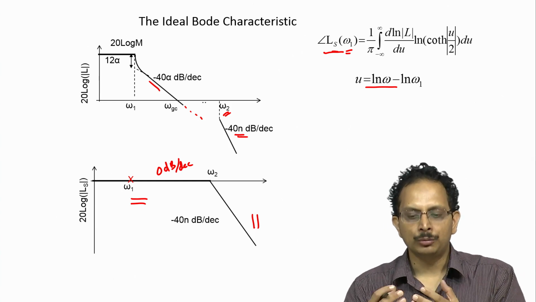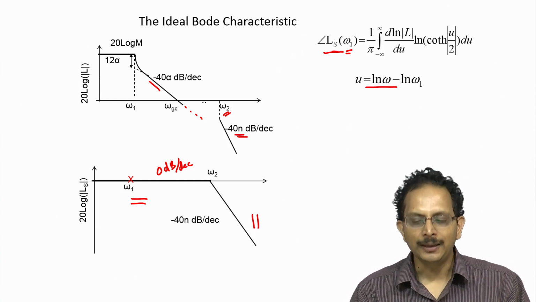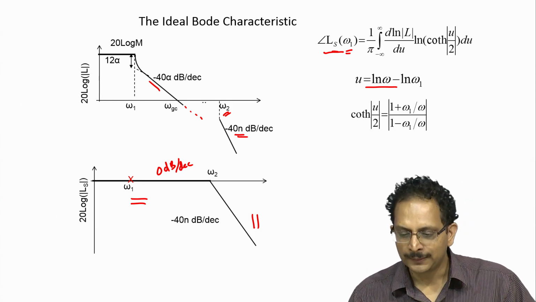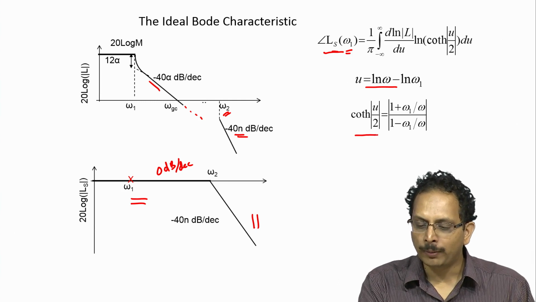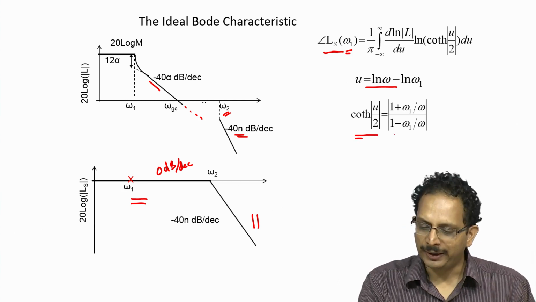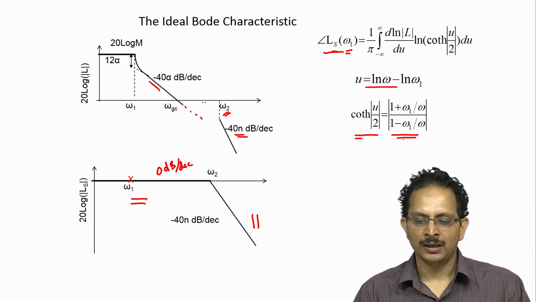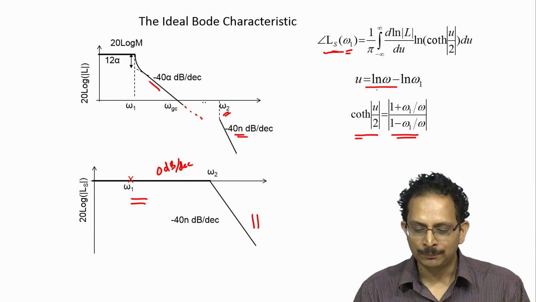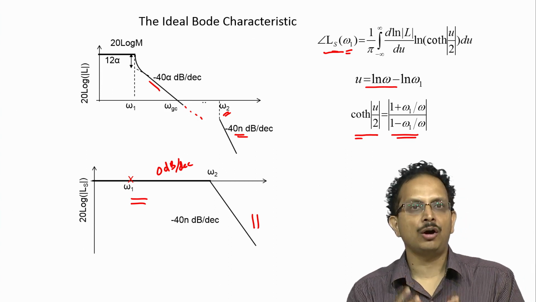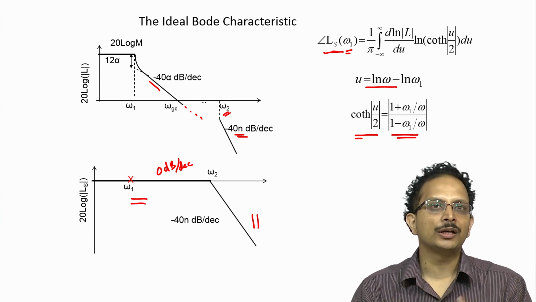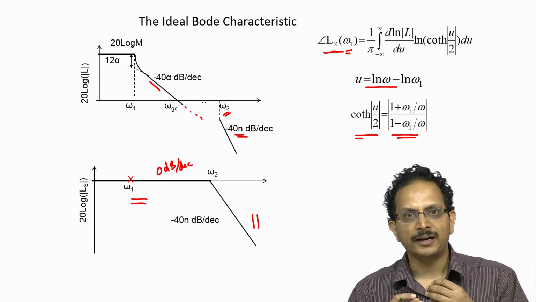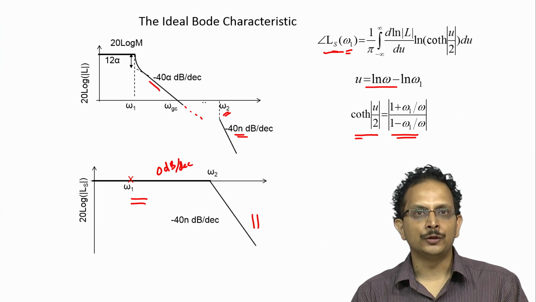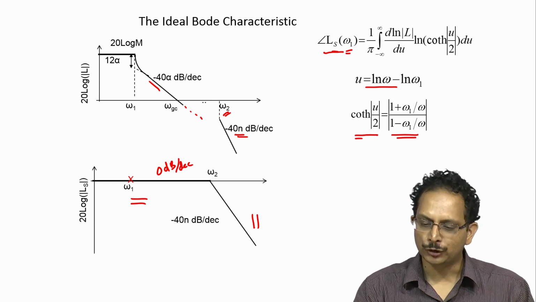Now in order to simplify this integral, we need to note a couple of things. First, we note that coth(u/2) is actually given by this particular expression here. That is because u is given by ln of omega minus ln of omega 1, and based on the definition of the function coth of x, we can write out this function in terms of the variable u by 2 and simplify it and show that